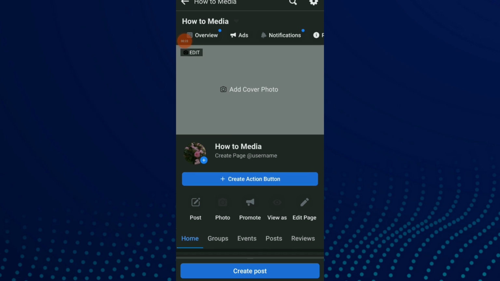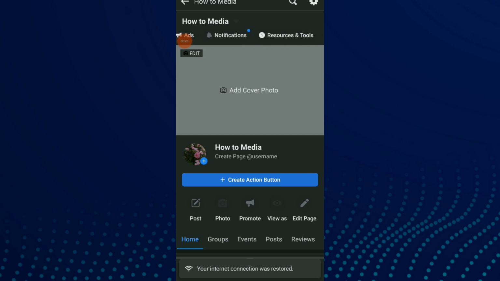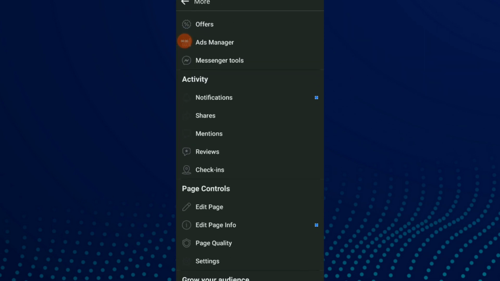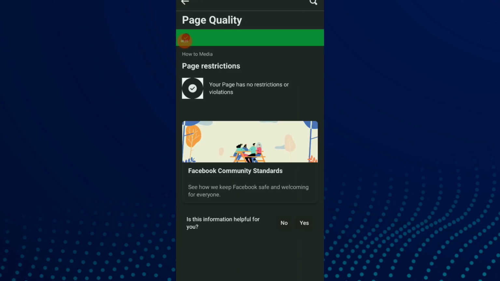and now scroll over this list and you're gonna find more. Click on it. In here you're gonna find page quality and this is your page quality. So this is some of your information, like your page has no restriction or violation or something like this. In here you're gonna find your page